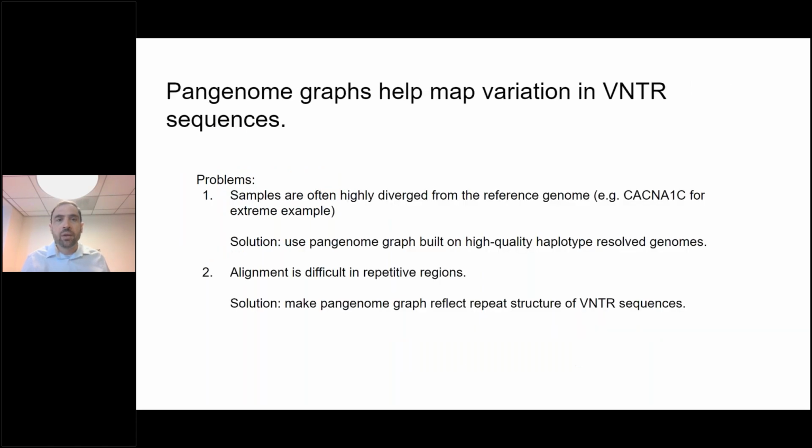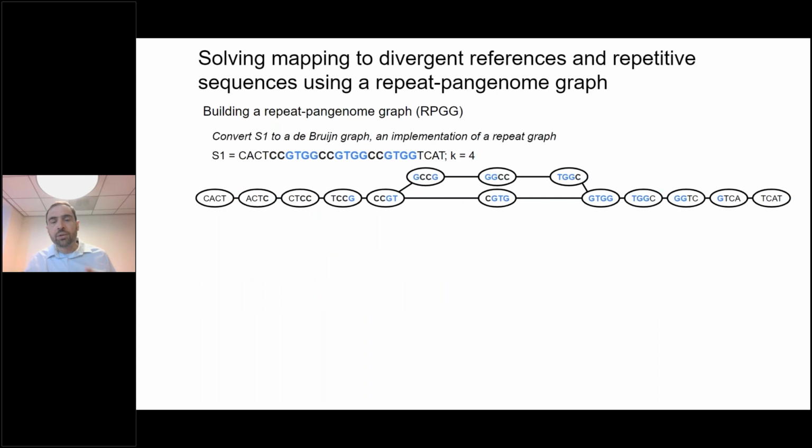So the first part of the story is a quick overview of a method that we have, using pan-genomes on repeat graphs, to detect variation using short-read data in tandem repeat sequences. Our solution for doing this is that we essentially build a pan-genome that reflects the repeat structure. The pan-genome that we build is a very aggrandized name for what's simply a De Bruijn graph that we build on tandem repeat sequences,